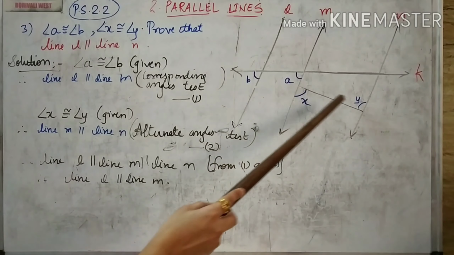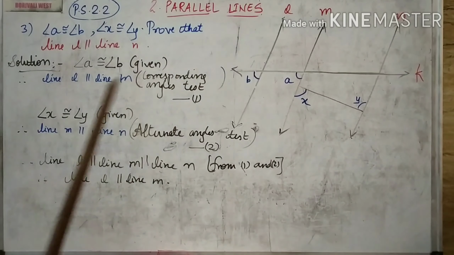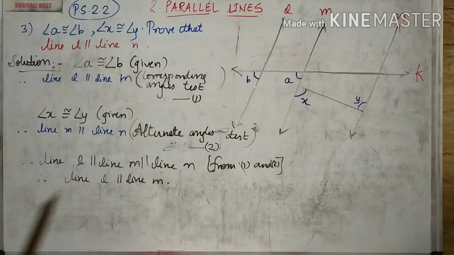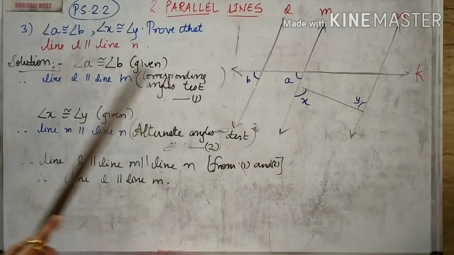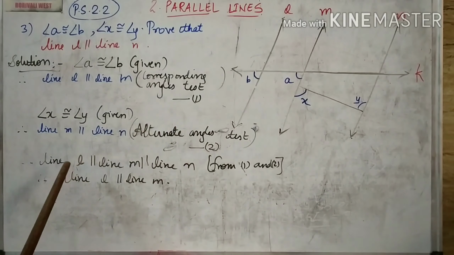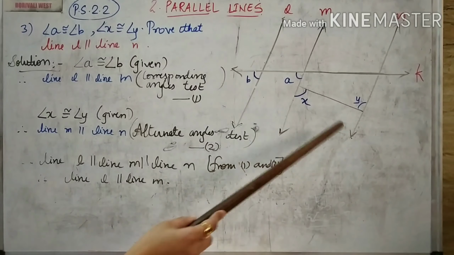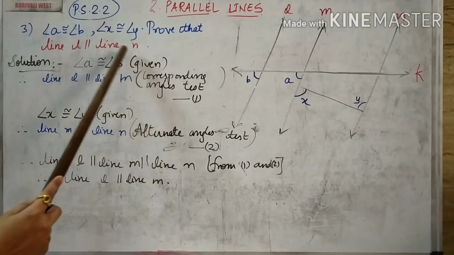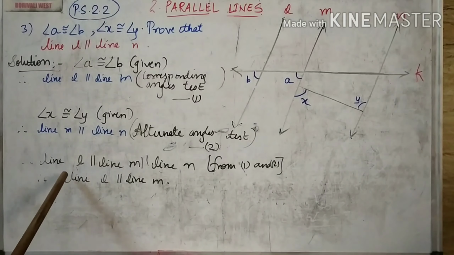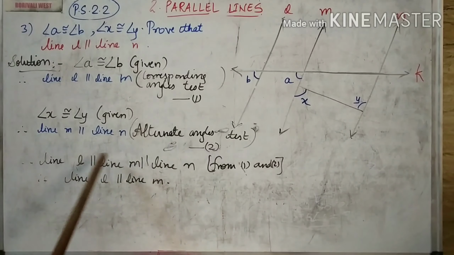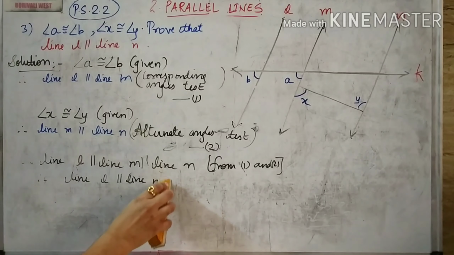Since these two angles are given, this line and this line become parallel. But the reason will be these are the alternate angles, so alternate angles test. Now I will say that from 1 and 2, line L is parallel to M and M is parallel to N. So automatically the three lines become parallel to each other. We have been told to prove only line L parallel to line N. So in the next line we will say, since all three lines are parallel to each other, we will write down only the ones which we want. So I will say line L is parallel to line N.